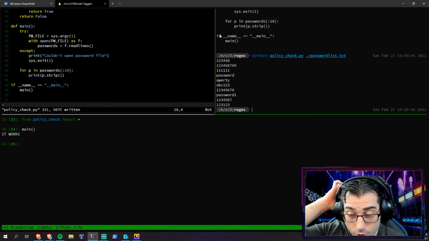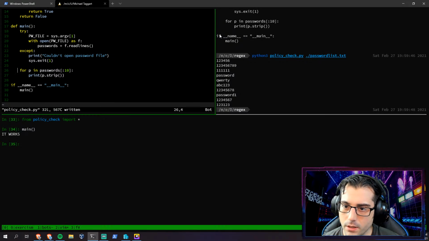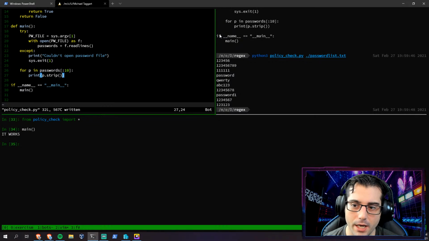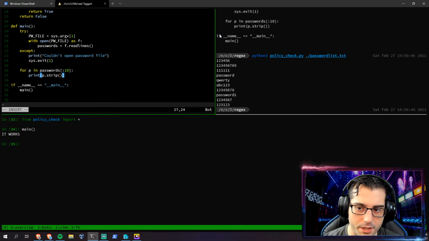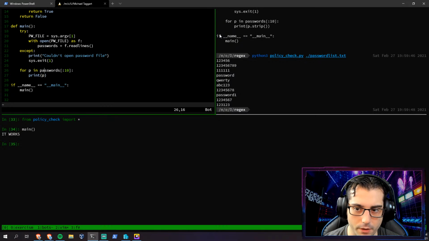There we go. So now you can see that I'm getting the passwords without that. Now, the problem is that I don't know what else I'm going to do with these passwords, and I don't want to always have to remember to do strip for each one of them. So instead, I'm going to do that here, really quickly, with this